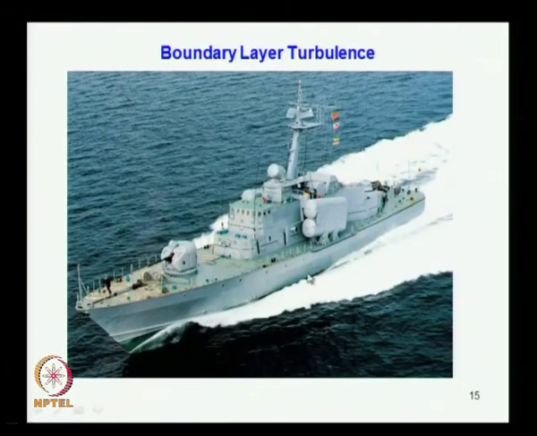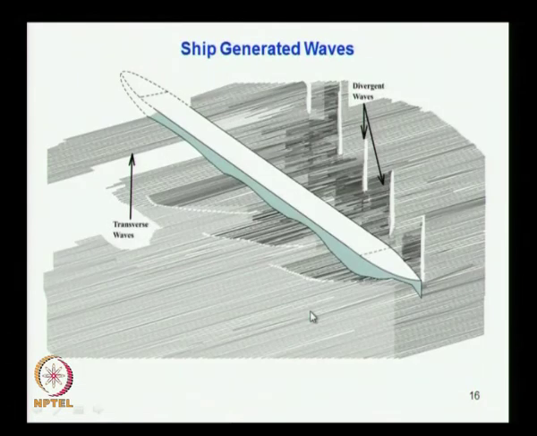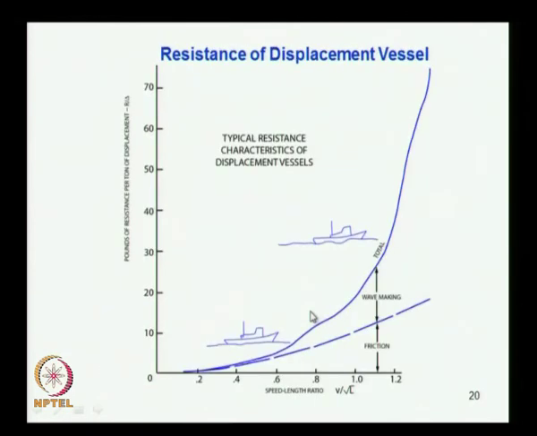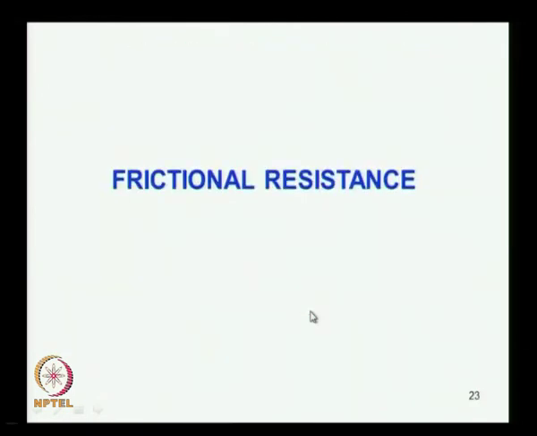Yeah, so you can see here, this is a ship, see the forward side and after that. See here it is almost very smooth flow, isn't it? It is a laminar flow in this region, the forward end. Then it picks up and becomes turbulent towards the aft. The reason it is laminar in the forward region is that the local Reynolds number is less, so the flow becomes laminar.